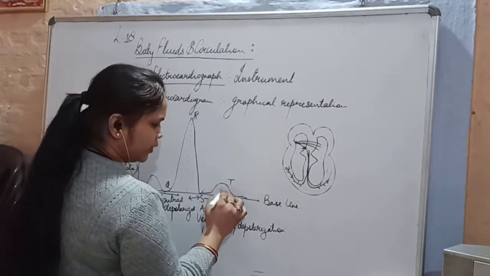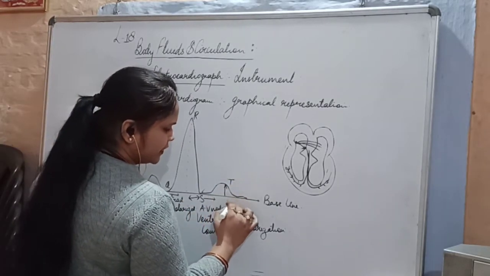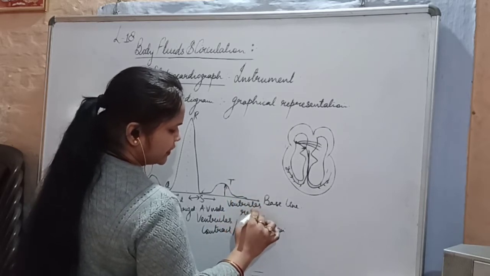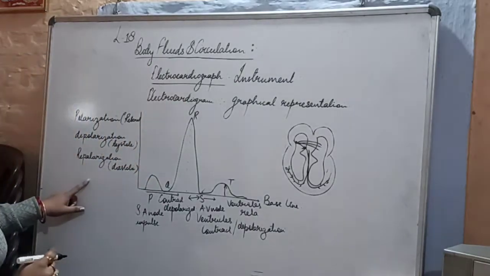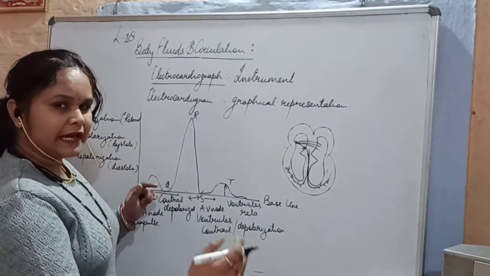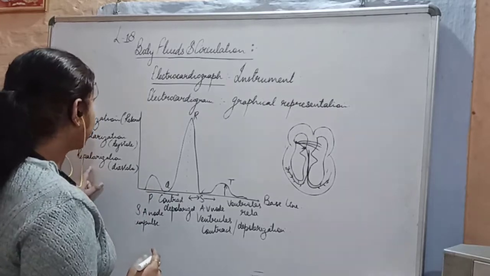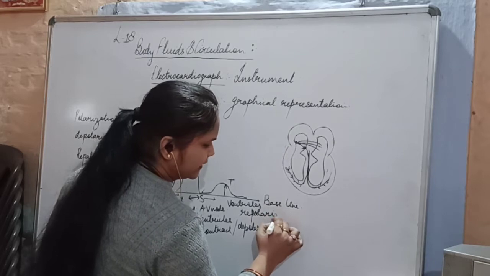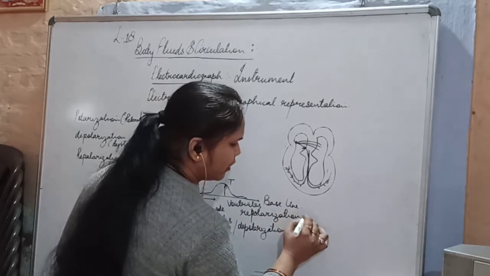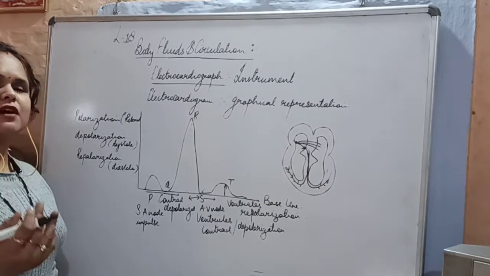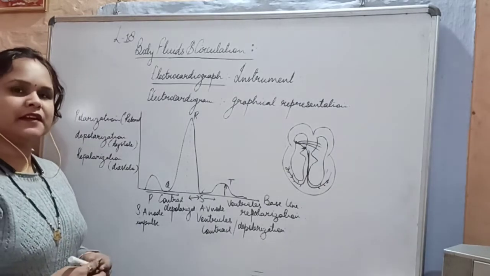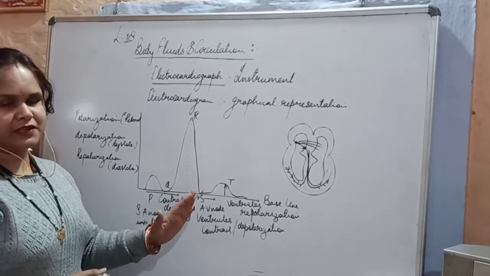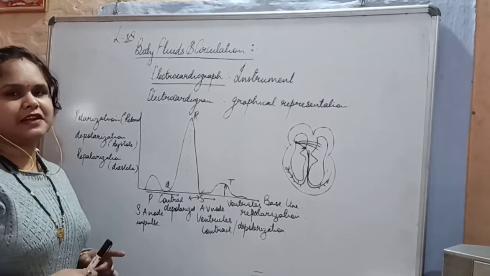And when the T time arises, the ventricles are again at rest. That time period when the contracted chambers regain the relaxed state is called repolarization, the repolarized state. So with the help of this, we can judge the working of the heart: how the auricles are contracting, how the auricles are relaxing, how the ventricles are contracting, and how the ventricles are relaxing.